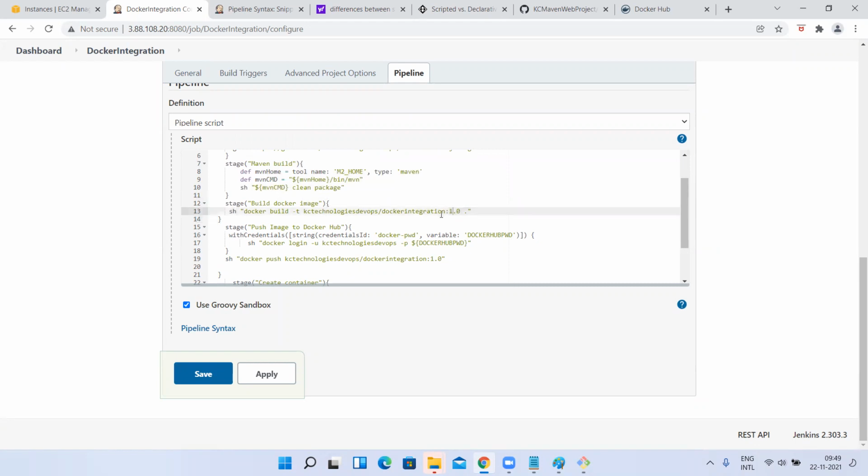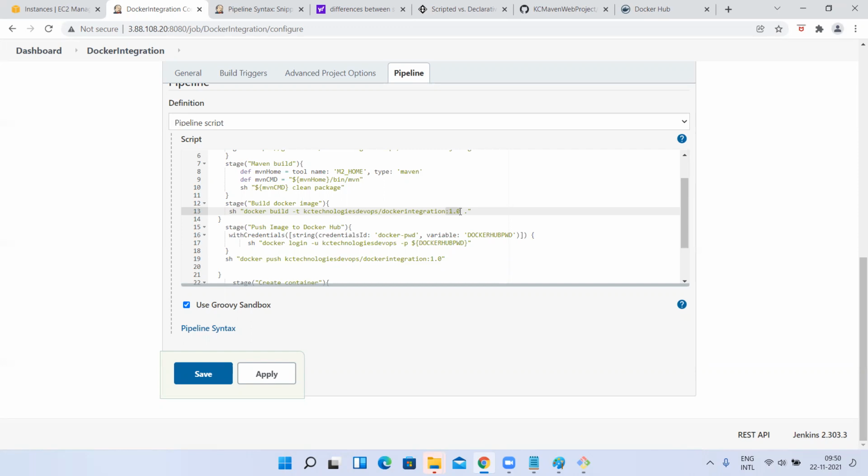I'll tell you once again how to change and maintain the different versions for each commit or each trigger, or different cases, how we maintain the versioning of image and war files. For the Maven war file, we have to maintain the change of version, and the images also dynamically. It is hard coded. N number of times your Jenkins job triggers, it will be 1.0 version. If you want to change the version automatically, one way is every time the developer has to change the version in their Dockerfile or Jenkinsfile and commit it, or else we have to write a script and change this. I'll discuss that part again later.